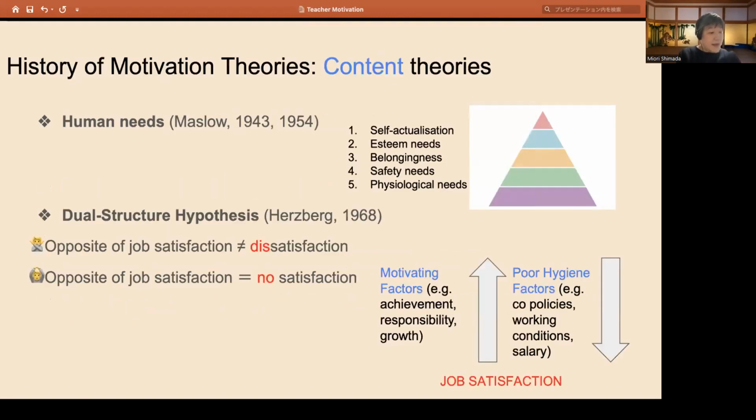Now let us talk about the brief history of motivation theories. Motivation can be divided into 2 large categories. One is content theories, and the other is process theories. This classic human needs model by Maslow back in 1943 is still influential, although there are still some criticisms among